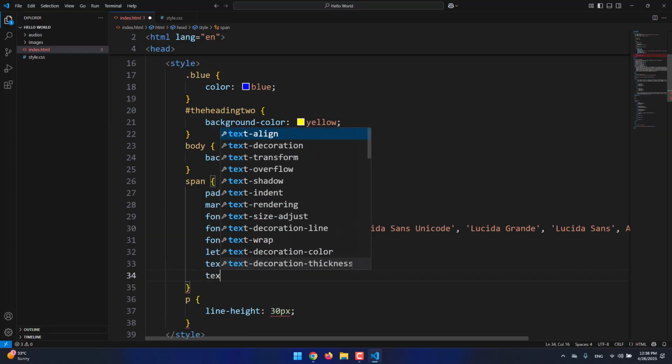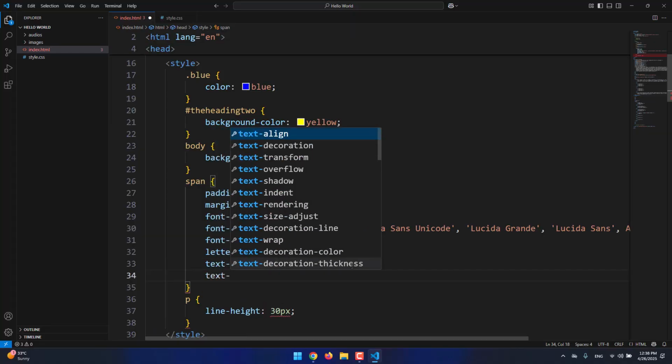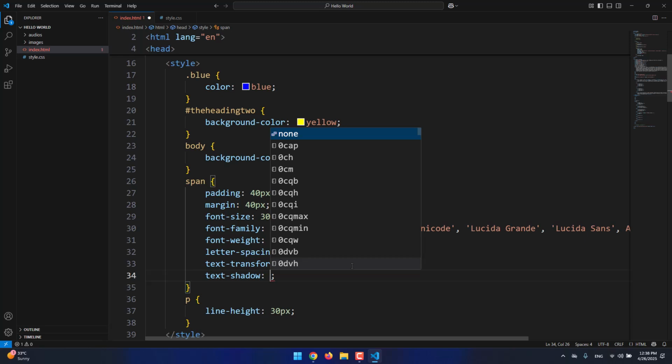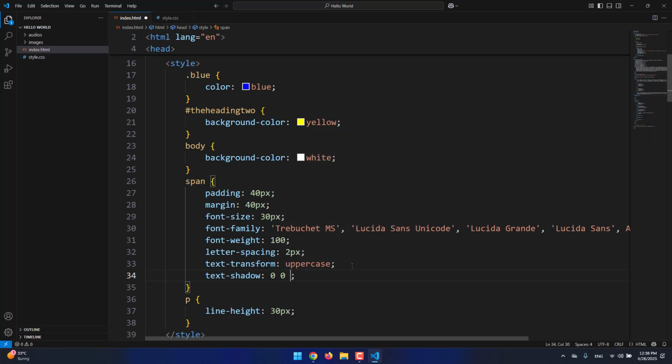We also have text shadow, which is very interesting because we have two kinds of shadows in CSS. One is this, and one is the next one that I'm going to teach you right away. So the first one, as I said, is text shadow. Text shadow gets two values